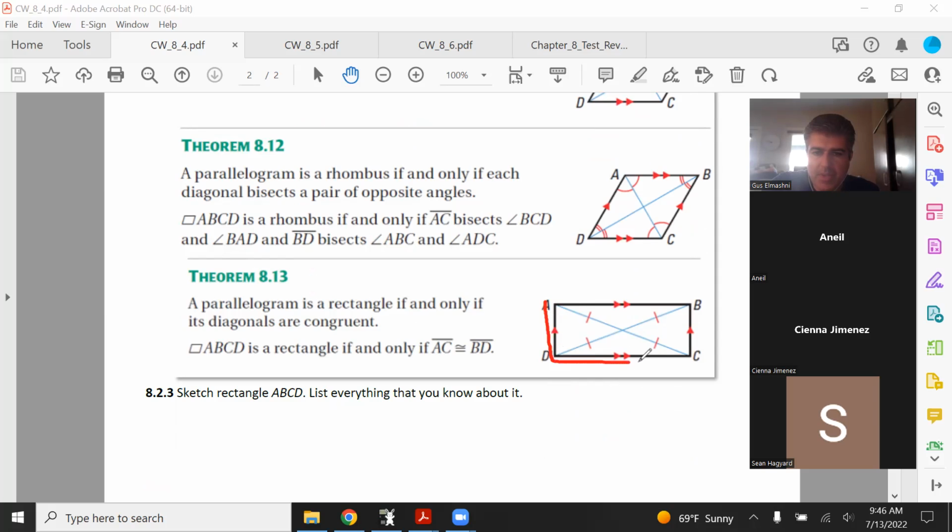Because here, if you got yourself a rectangle, right? You got this right here. You know that's a right angle. And that's a right angle. That side is the same as that. That side is that. So obviously you have that diagonal there, but then if you were to redraw it like this,